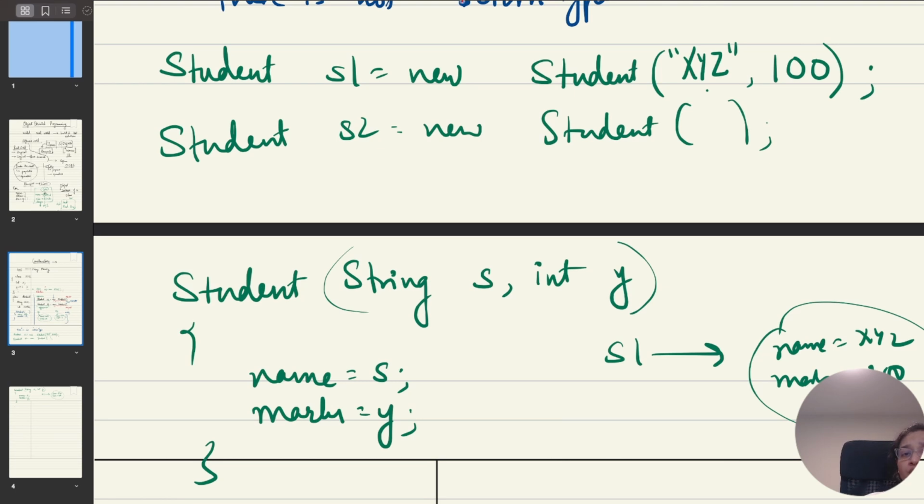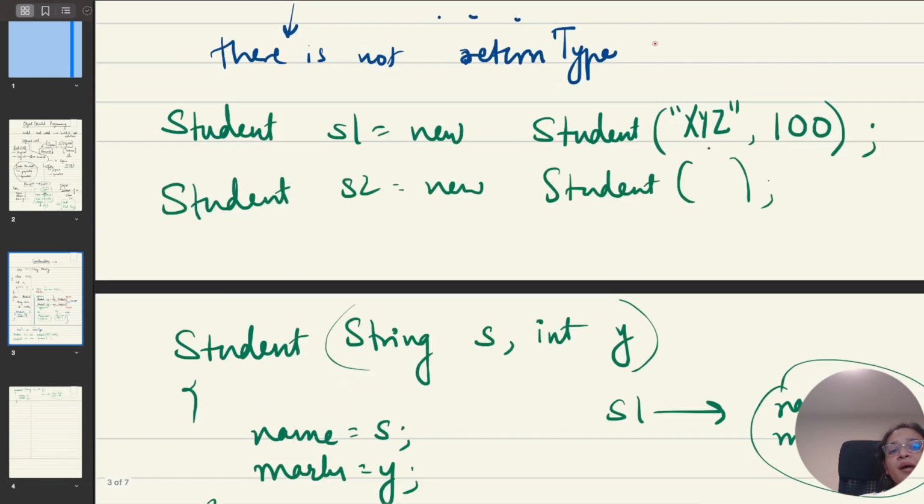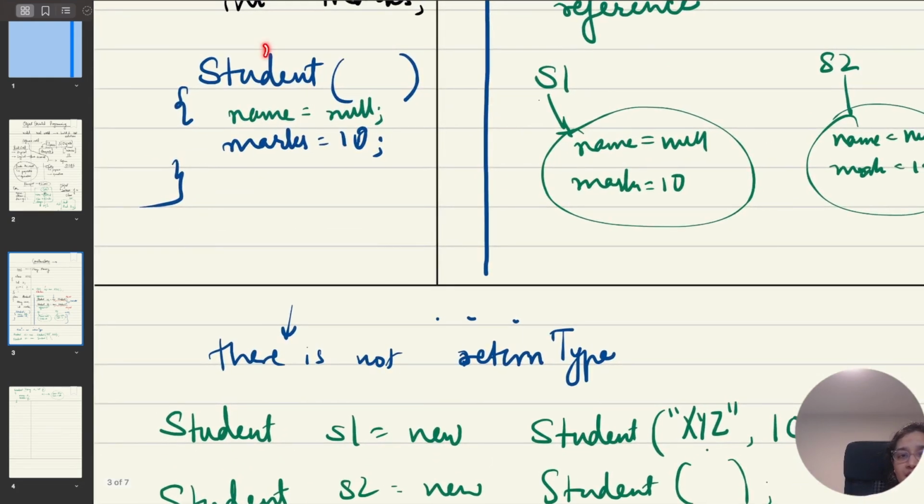Now this is going to make sure it calls the constructor, but it's going to call the default constructor. Default constructor is just a name given. It's nothing but a constructor where you do not have any parameters. So I'm going to call a constructor which looks like this. It matches, and it has no parameters here. So it's going to call here and give the value name equal to null and marks equal